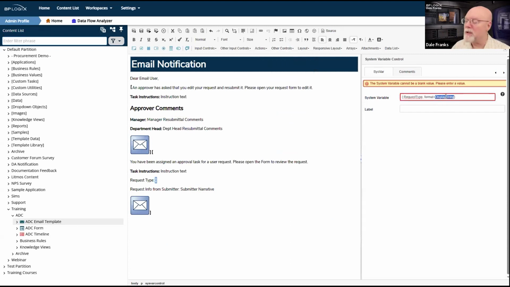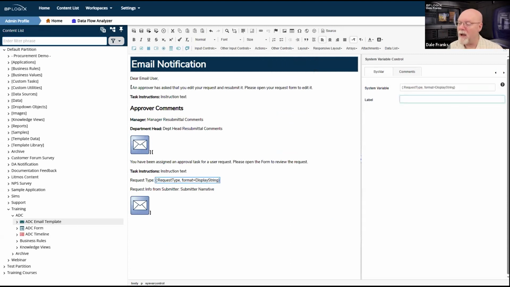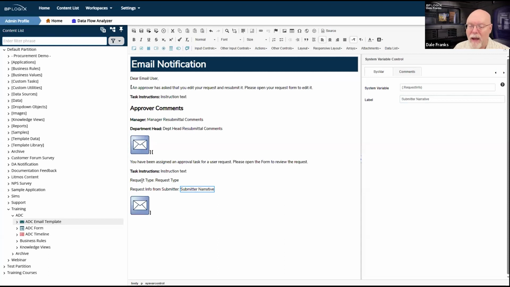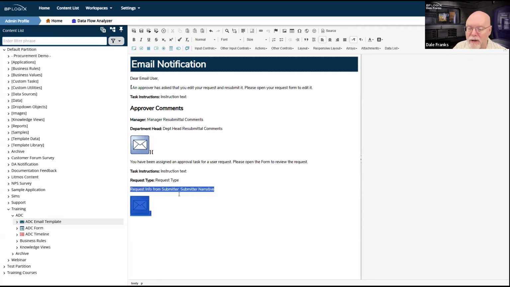And we're going to use the display string formatter, and we're just going to call this request type. And once again, I am going to boldface this text here just to try to make it a little prettier. Pretty is important to me anyway.